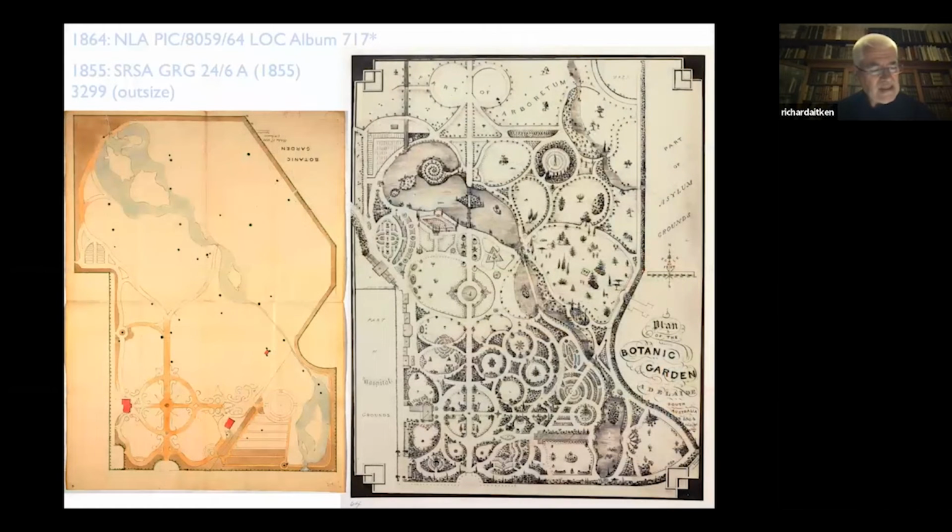This pair of plans shows on the left an initial plan of progress from 1855, and on the right, a plan of 1864, showing the garden just prior to the untimely death of George Francis. The initial tasks included potting and retaining all the remnant river red gums, shown by green dots, which provided maturity to the landscape, shaping the natural watercourse into two lakes with islands, and commencing work on the main axis,